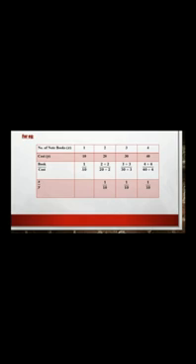Now, look at these two ratios carefully. What's special about them? Yes, they are the same. This ratio 2 upon 20 can be written as 1 upon 10 if the numerator and denominator are divided by 2. Now, in the third case, the ratio is 3 upon 30. This can again be reduced to 1 upon 10.